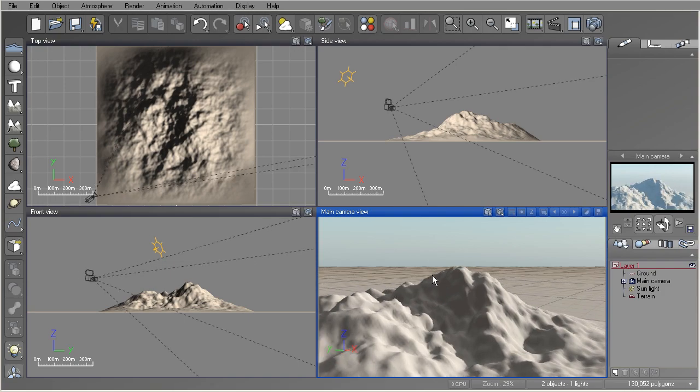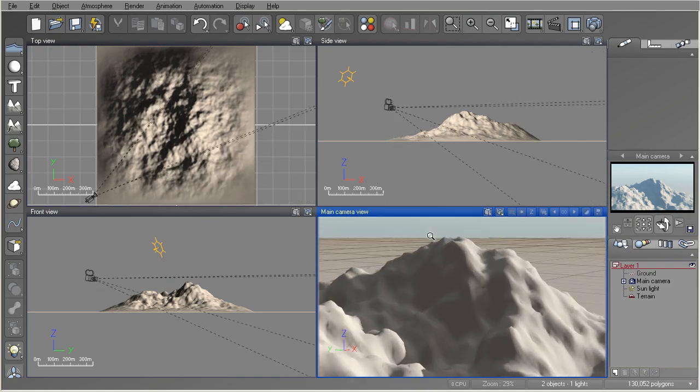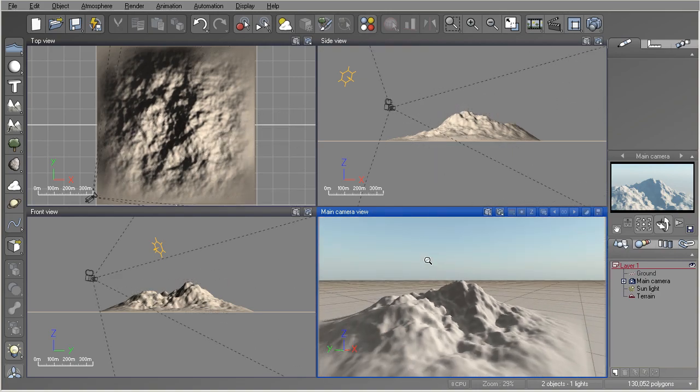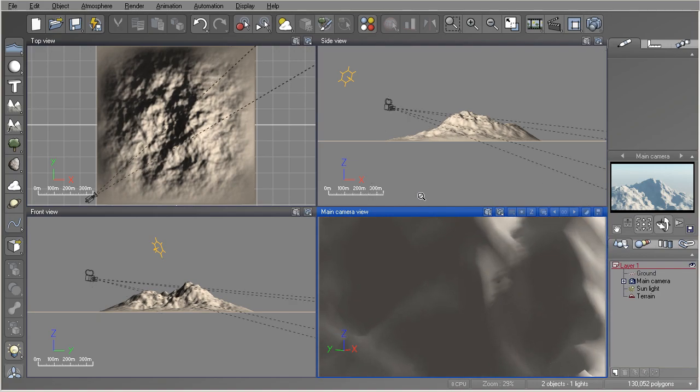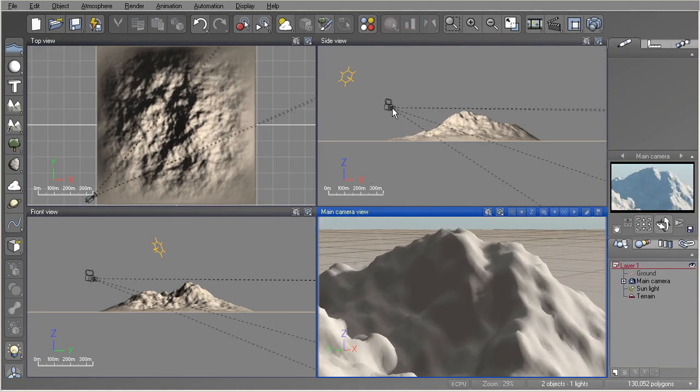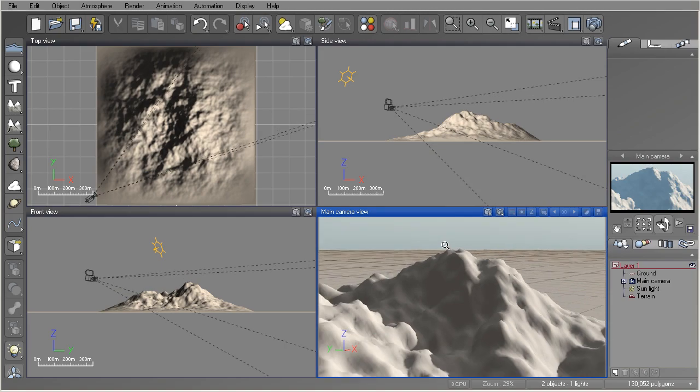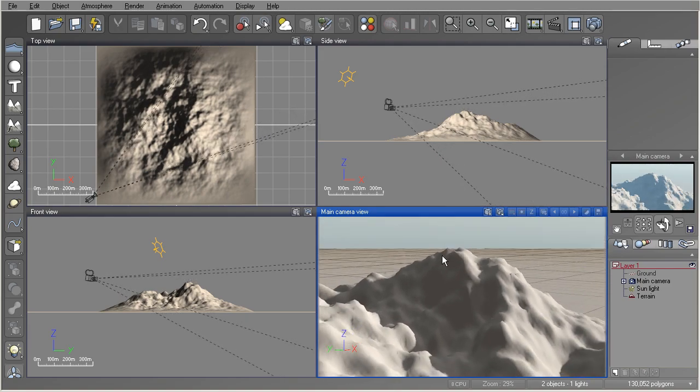Now if we want to actually zoom the camera or change its field of view, we need to hold down Control and then hold down our right mouse button and click and drag, and that will change the field of view of that camera. So it's actually zooming in on the physical camera. It's not actually moving the camera itself or dollying the camera. Okay? So now that we've learned how to navigate in our orthographic views and our main camera view,